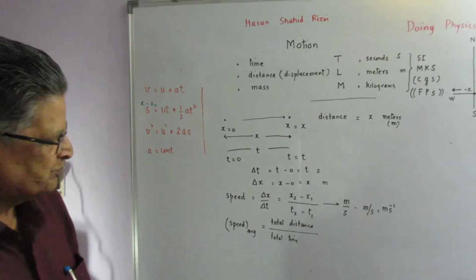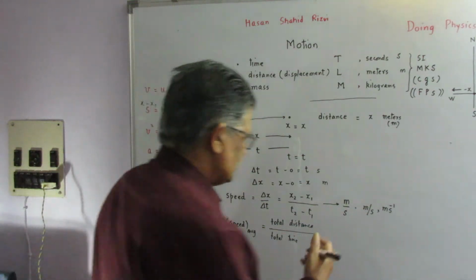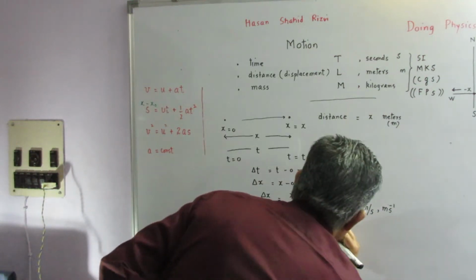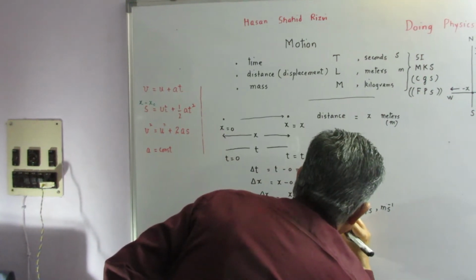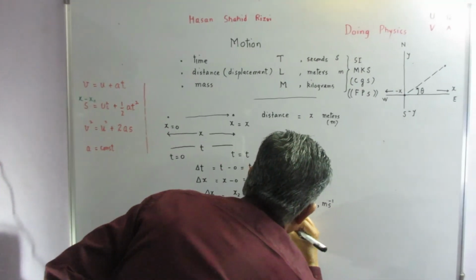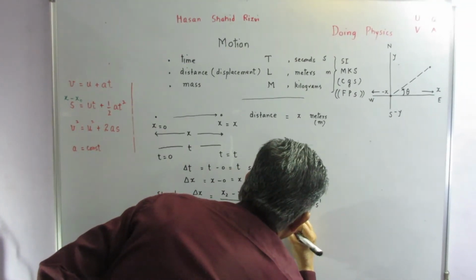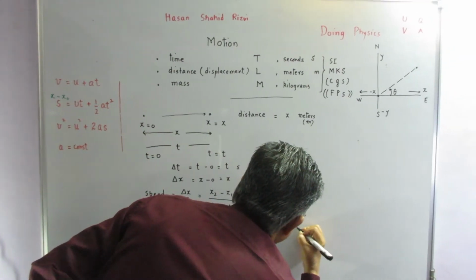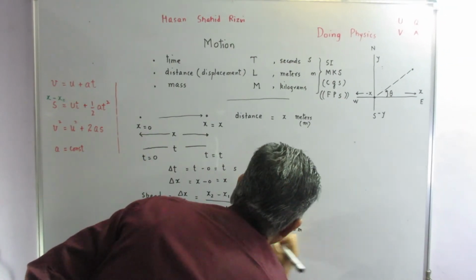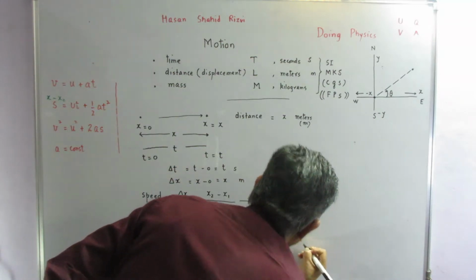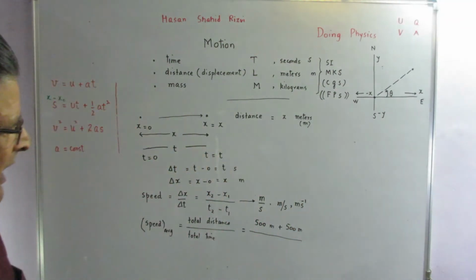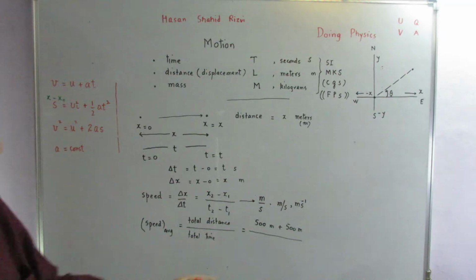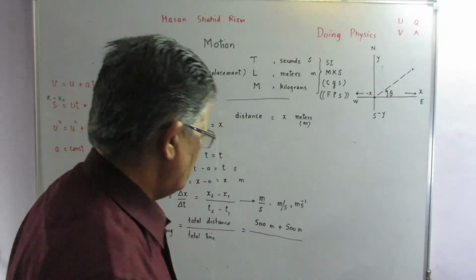So total distance, suppose the kid goes to the school 500 meters and walks back another 500 meters. So 1,000 meters, and takes, say, a time of